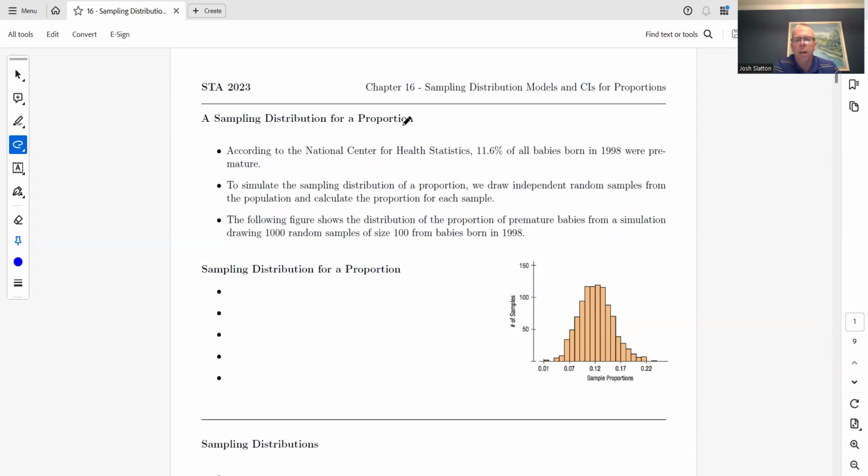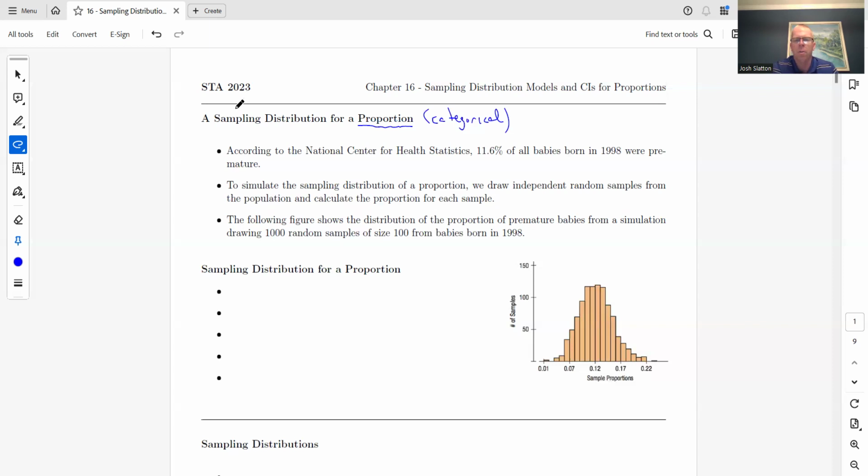So the first thing to point out is whenever you see the word proportion, that means we are talking about a categorical variable. So proportions, meaning percents, are categorical variables. And in particular, these are all binomial variables, or binomial distributions in some sense, although we're not going to do the binomial PDF like we did in the last chapter; we're going to do more of an approximation. But proportion means categorical variables.